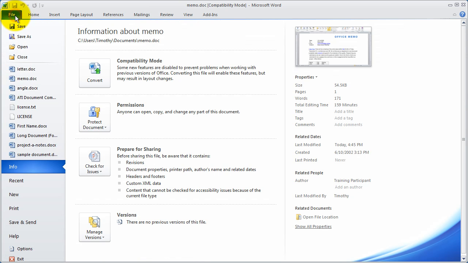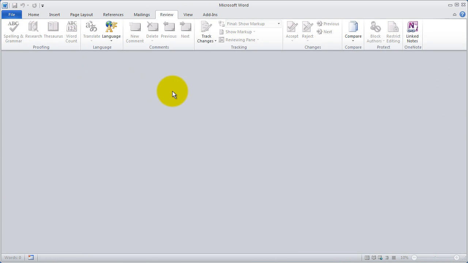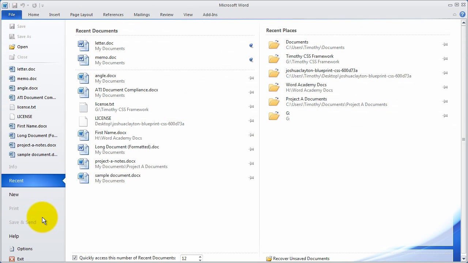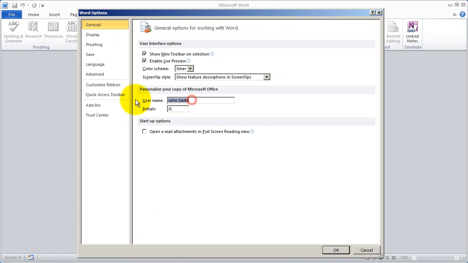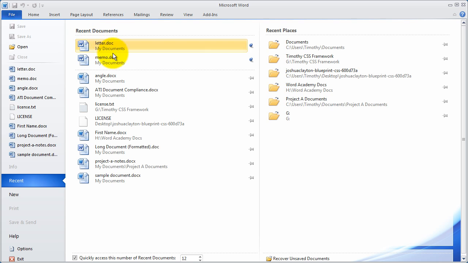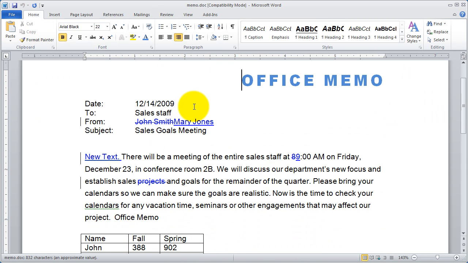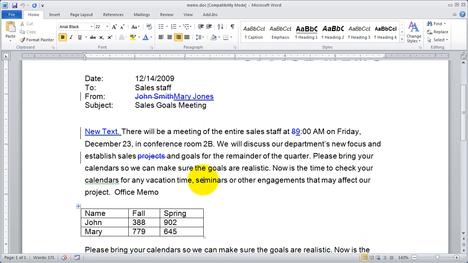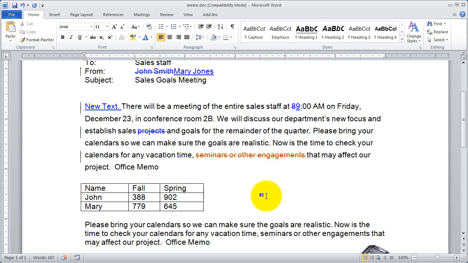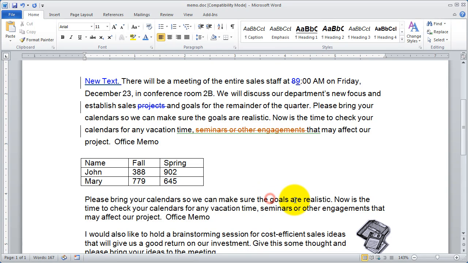But let's say I was to File and Save, and then go to File and Close, and let's say I sent this document to somebody else. Let's say I sent it to Peter Green. And I'm going to change under Options my username to Peter Green, and then I'll click OK. And I'm going to reopen that document. You'll see the changes from John Smith. Now I'm going to highlight some text and delete it. And that's placed in red and struck out. Or if I click somewhere and type some new text,